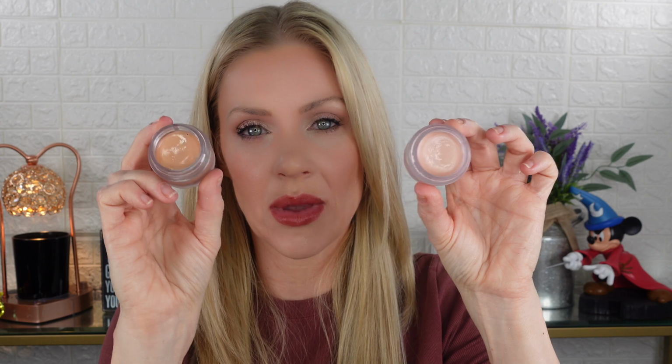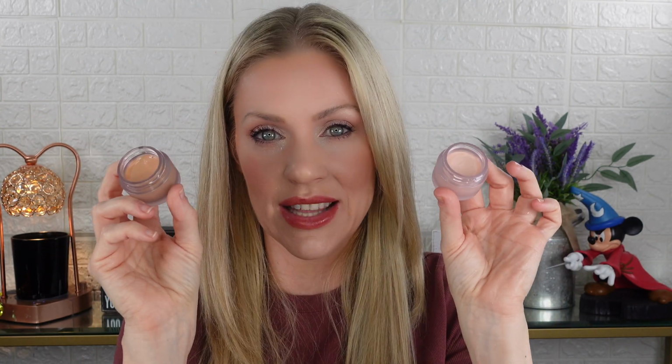However, of these 2, this one is definitely for me. It's going to be this one right here. This one is a little too deep, or I can mix them together. So that's another thing I can do. Now this one is so creamy. It is so creamy, I can't even say it. Like, it is just